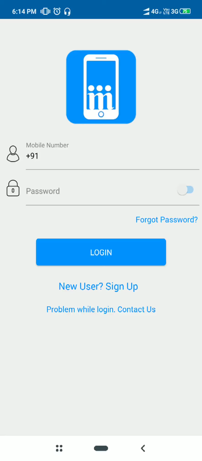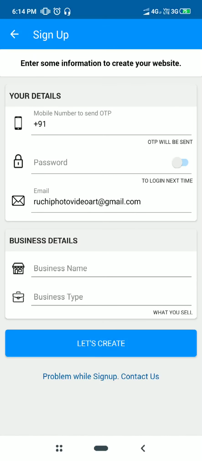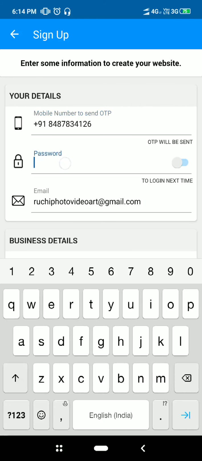As I'm a new signer, I just need to sign up for it. Here I need to mention the mobile number which I want to register for. I need to put a password for it.